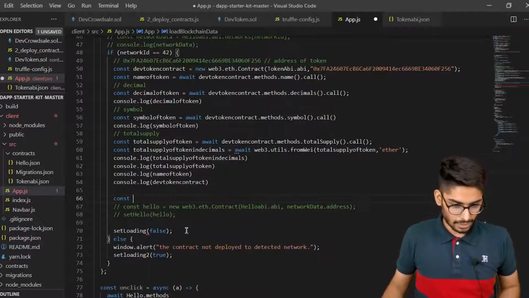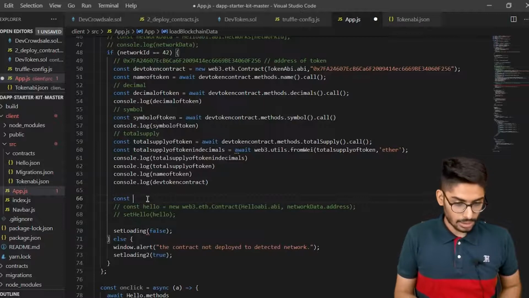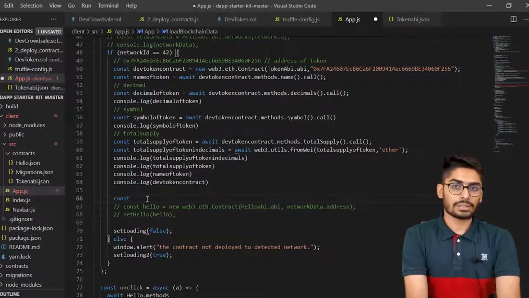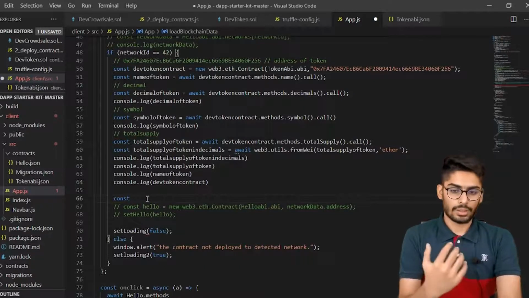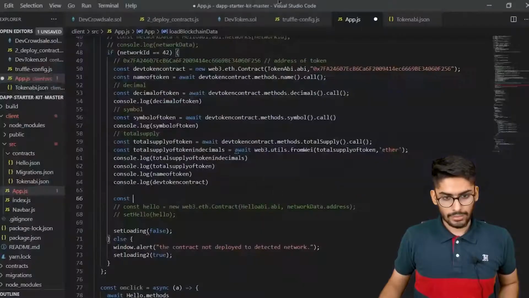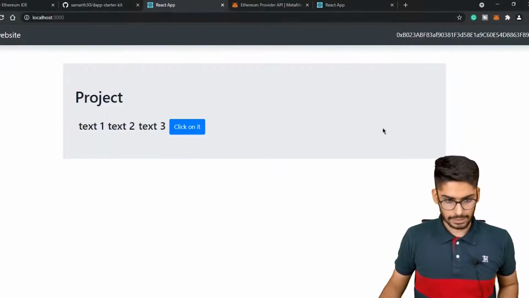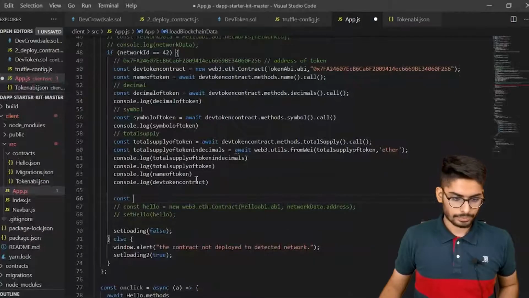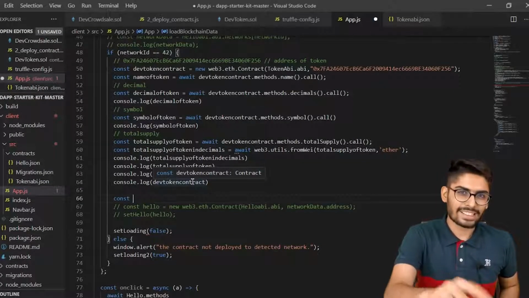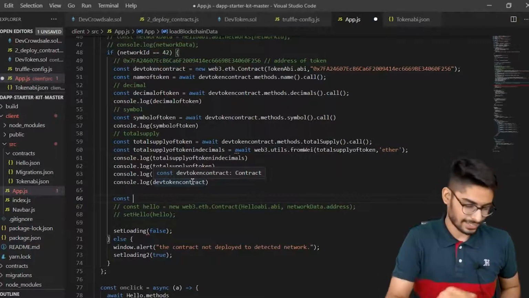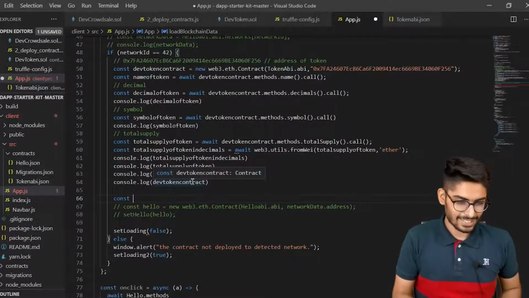Okay, now I have to fetch the balance of user. It means whosoever address is connected, I want to show him the balance. I want to show him the balance. So we will integrate all this stuff with the UI. Just wait. So, const,